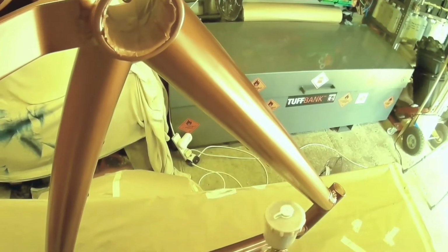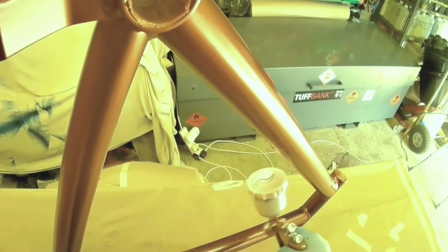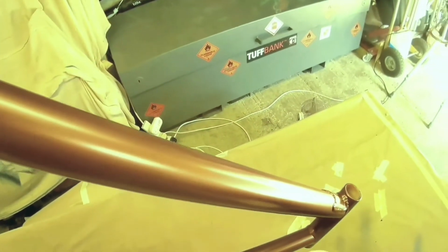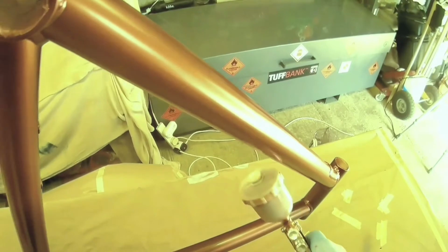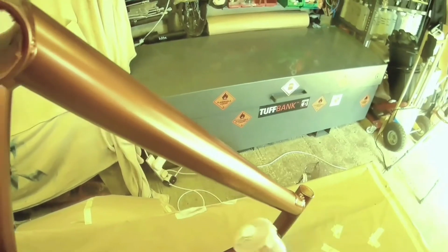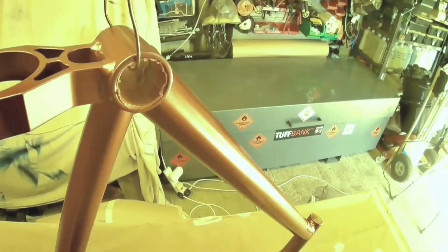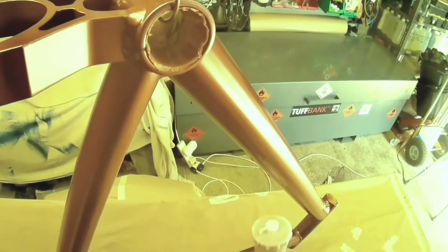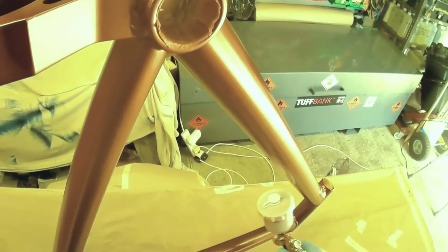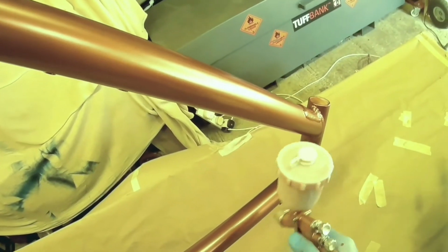I've just dialed it down, and that's where the spot was that I had to remove, and I'm just going over that area, and then you'll see me going back and forth with the gun, just with air coming out of it ready to dry it. And there you see I'm putting more on, and then you'll see that I stop again and just apply air to it, back and forth. The reason for that is just to let it dry out, and you're making sure that blemish is completely covered. And you really need to do it at this time, because when you're going to lacquer it,